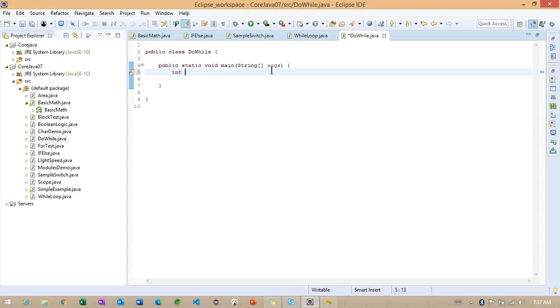Now observe, inside this main method, I want to define the same n variable name and value. Here it is 10.